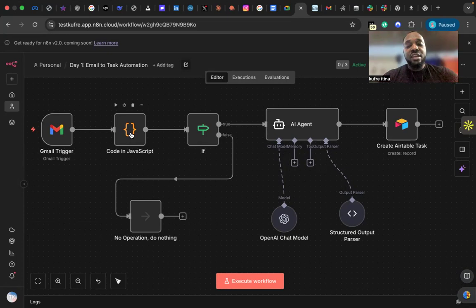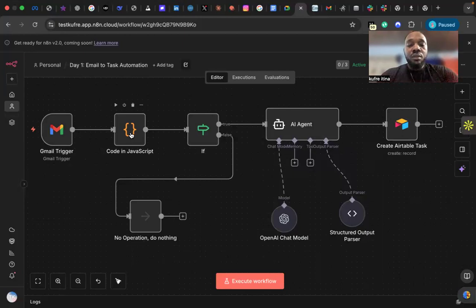This bad boy grabs all the email metadata: the subject, the sender, the body, the timestamp. Think of it as the reading eyeglass of the workflow. It extracts this information because the AI needs content. You can just tell ChatGPT to go ahead and do what you want. Well, you can, but of course the result is going to be chaotic.